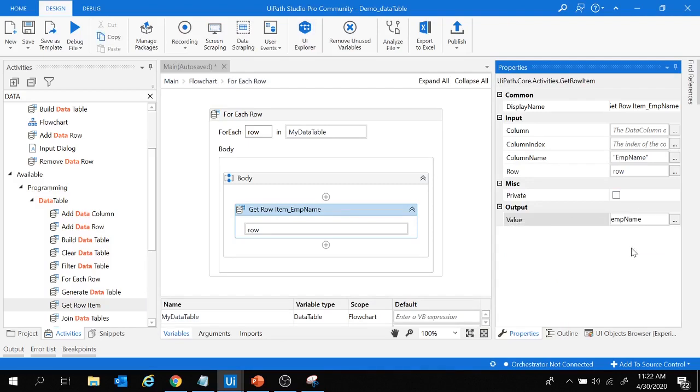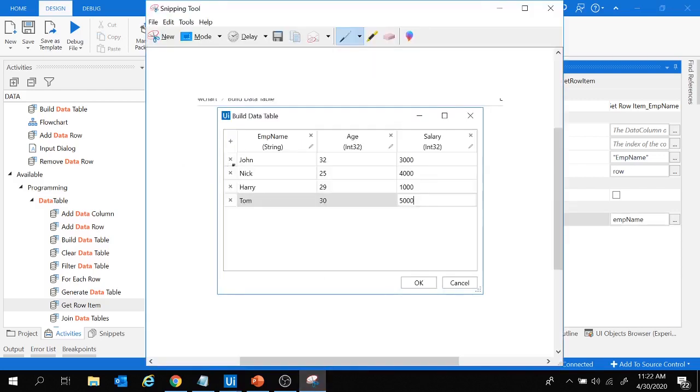So we have provided over here the employee name variable. So what this get row item activity will do, for the first row it will fetch the value John, for the second row it will fetch the value Nick, for the third row it will fetch the value Harry, and for the fourth row it will fetch the value Tom.